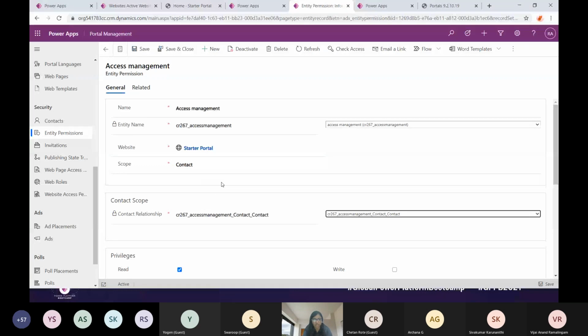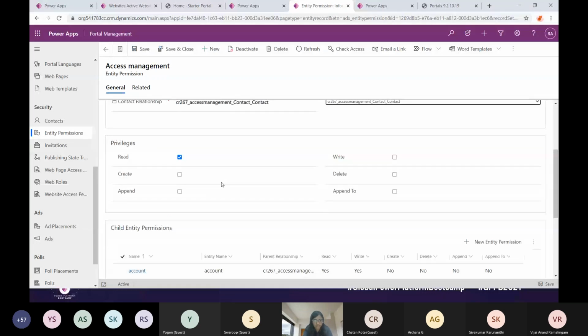In that case, I will not be shown any records until they exist. Then we have privileges, like what kind of privileges you want to assign. If you want to just give read access, you can do that. Then there is write, create, delete, append to. All these privileges let you control what an individual person can do.